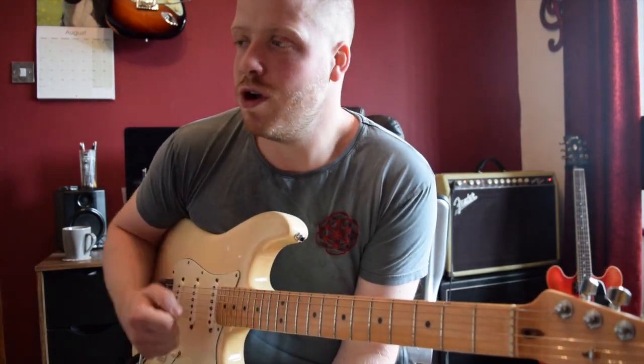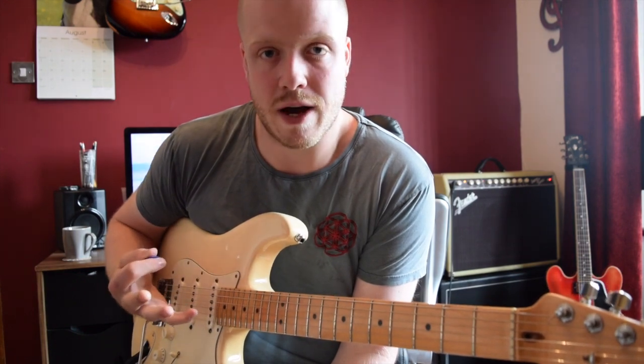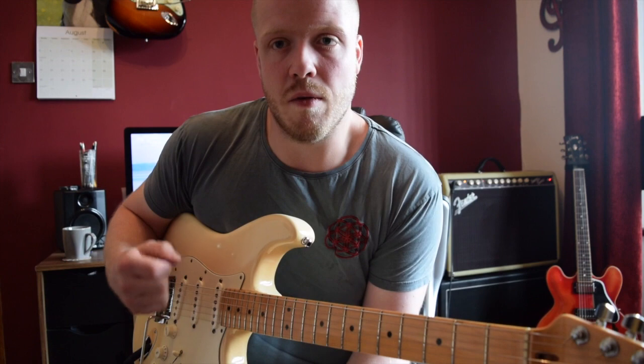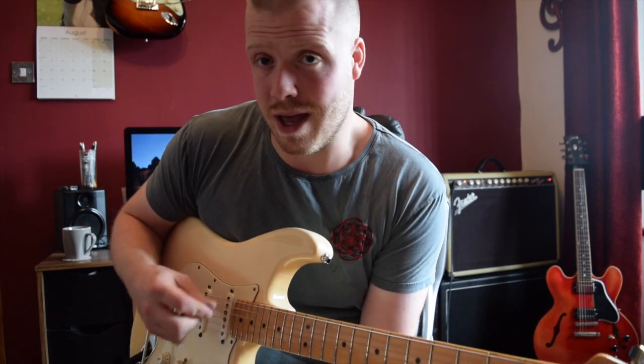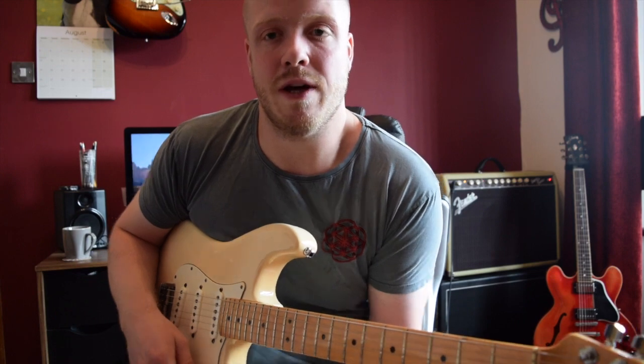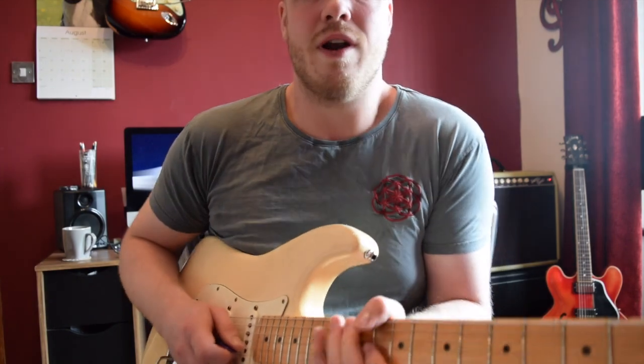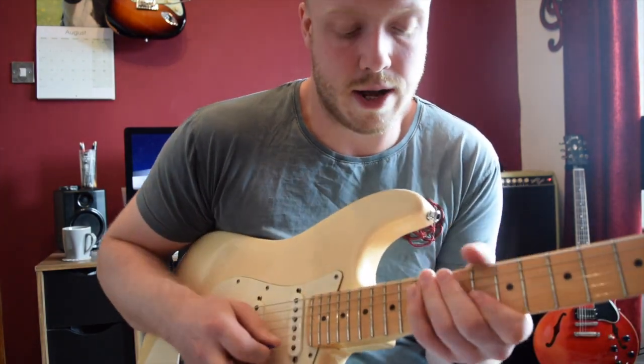And I found this really, really handy, because what I tend to find is the quicker I get when I'm playing runs and stuff, the more economical my picking gets, aka the movement gets smaller. For example, if I turn the guitar away and play something like this, you'd probably think that my right hand was moving quite a lot there, but in all reality it's moving very little. If I again show you the right hand,